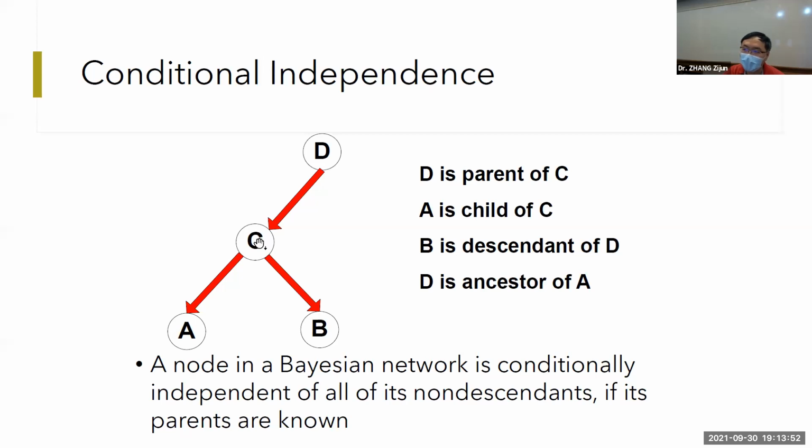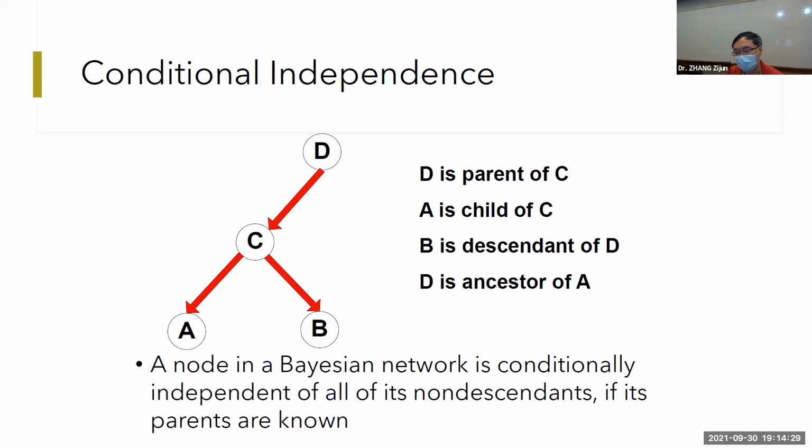Then we can find that A and D, and B and D, are not directly connected because the whole connection passes through C. But then how can we describe a relationship between A and D, and B and D? So you can say B is the descendant of D and D is ancestor of A, okay? So a node in a Bayesian network is conditionally independent of all of its non-descendants if its